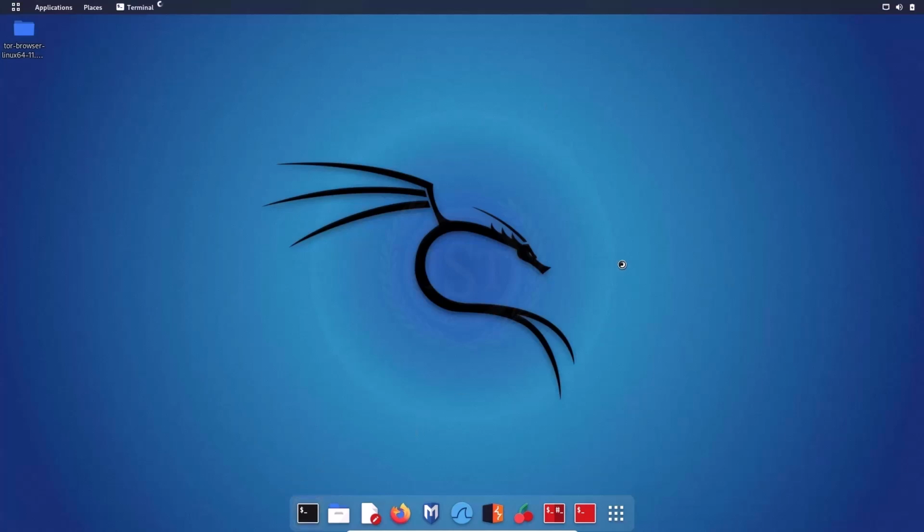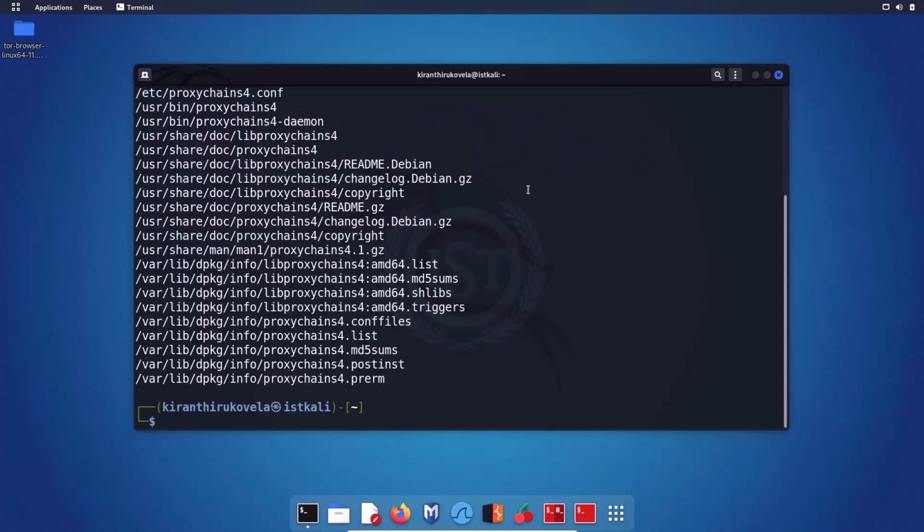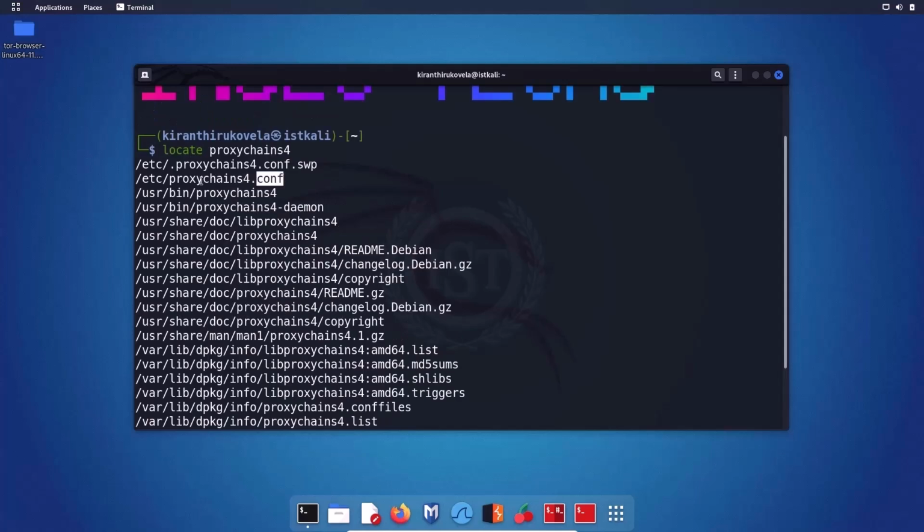So let me open the terminal application, and locate proxychains4. And if I scroll up, as you can see, this is the file that we need to edit, and it is located in the etc folder.